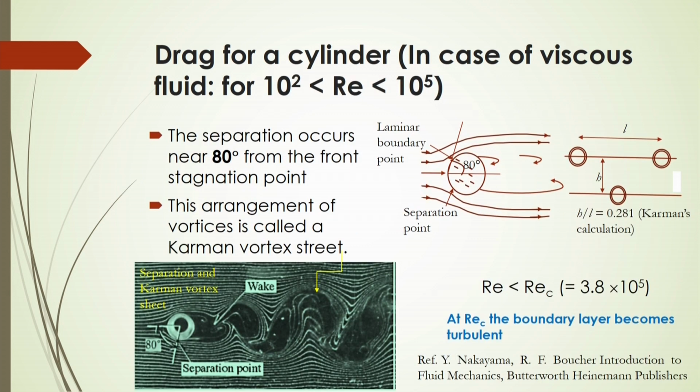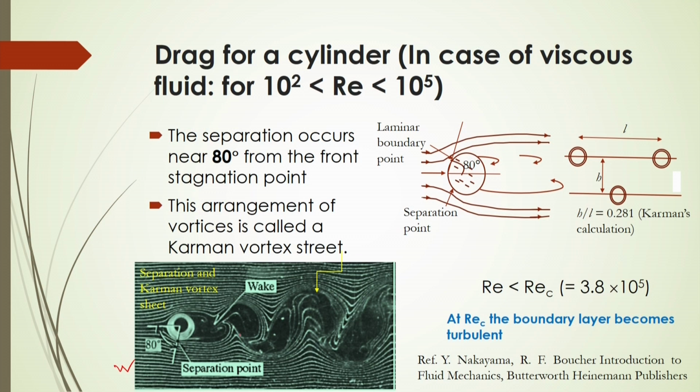Here, see in this figure, if we consider an even further increase of Reynolds number from 100 to 10 to the power 5, because of these viscous effects and the high velocity of the fluid, in this case the inertia force will be a little bit higher compared to the viscous force. So, the separation occurs at about 80 degrees, as shown here in this figure, as well as in this snapshot